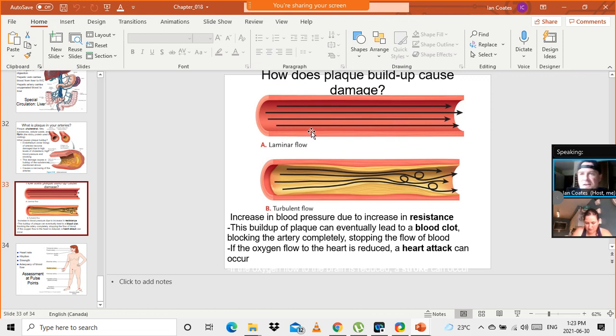Because if you think microscopically, even though this blood vessel seems smooth, even though this pipe seems like a smooth surface, if you go microscopically, it looks like a craggly edge. It's rough as sandpaper. Okay? And the molecules of water, the RBCs, are so small that they will hit the side of the pipe, and